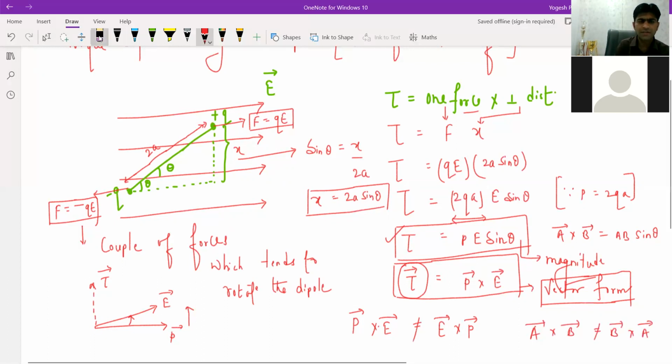ठीक है, and this again we'll discuss when we'll discuss the vectors, है ना? अभी हम vectors आप पढ़ ही रहे हैं, तो tomorrow again there will be a class of vectors, so you can attend that class and you will be able to know. Okay, so this is P cross E.